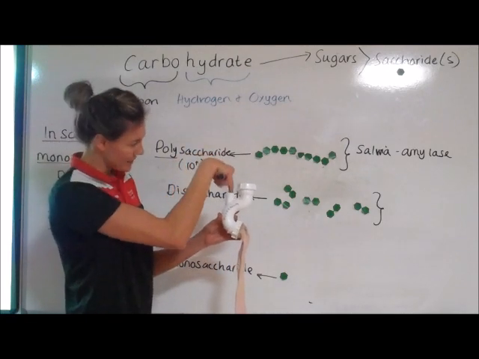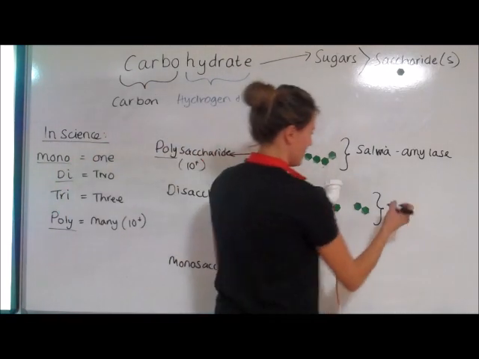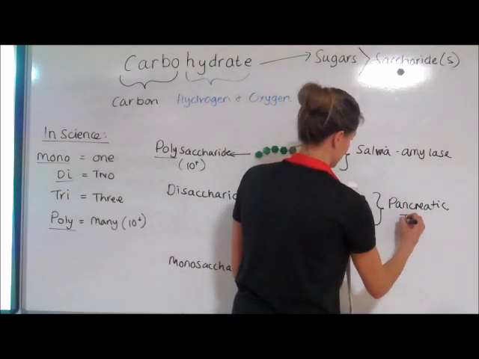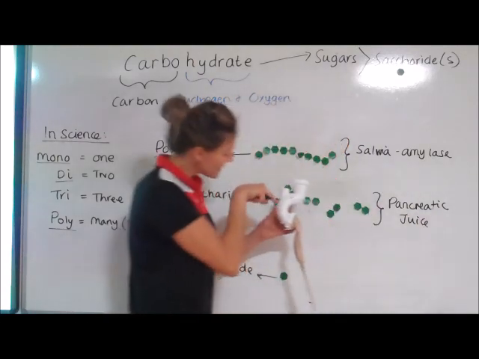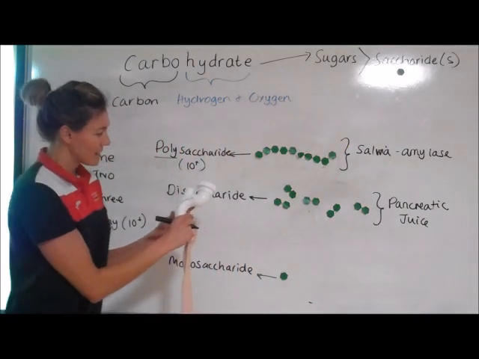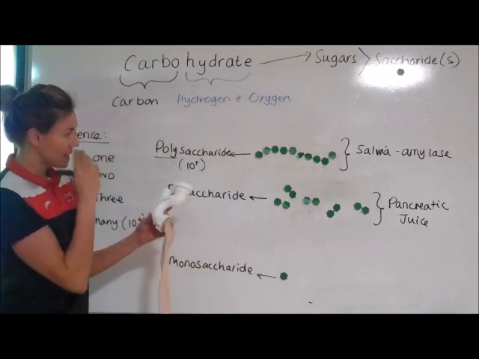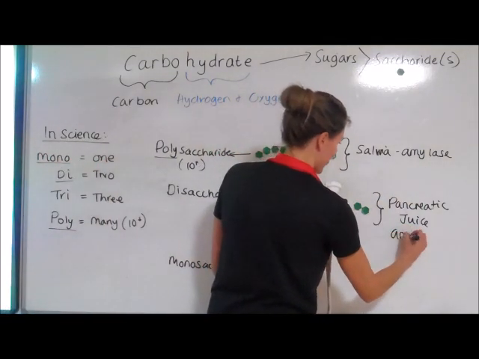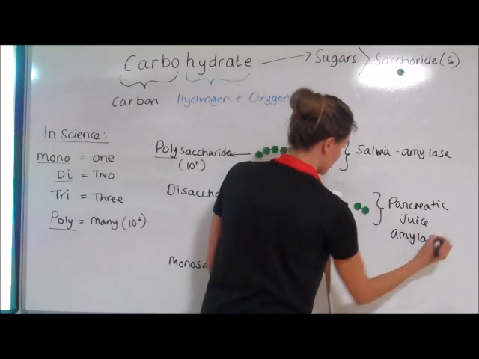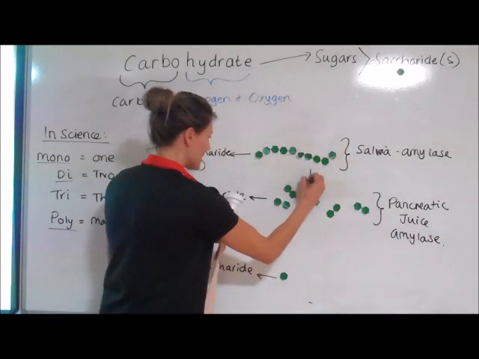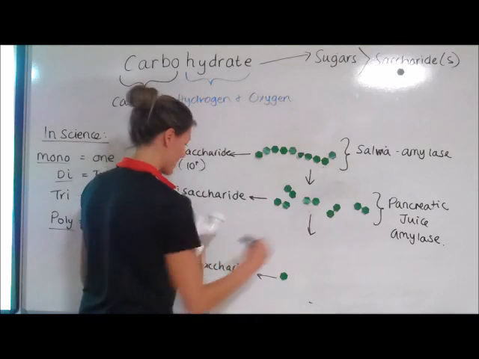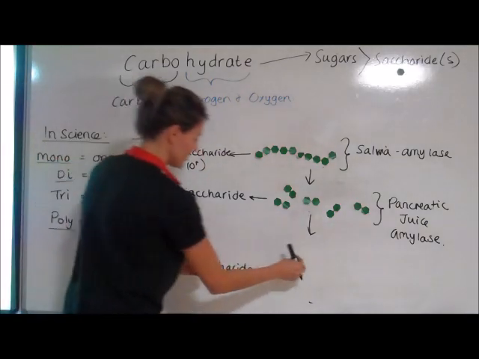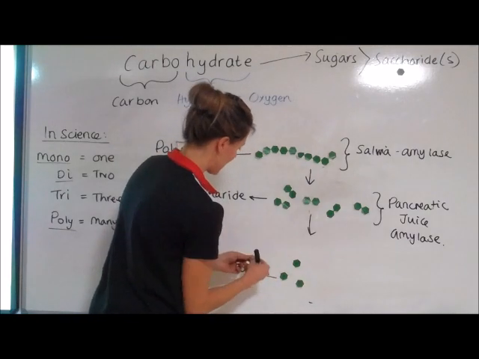Pancreatic juice is pumped into the duodenum and contains many enzymes, but the one enzyme we're going to focus on is amylase. The amylase within this pancreatic juice breaks down our disaccharides into monosaccharides,